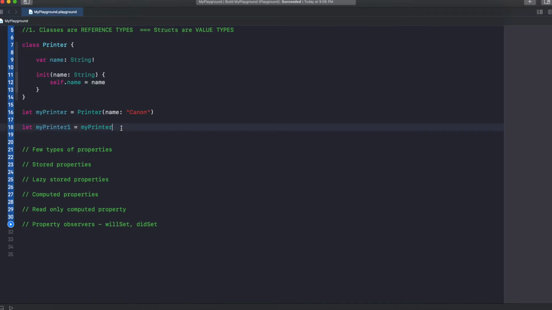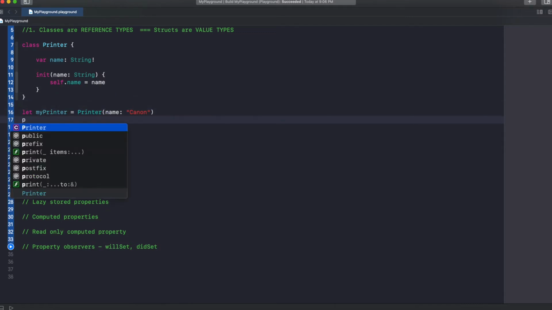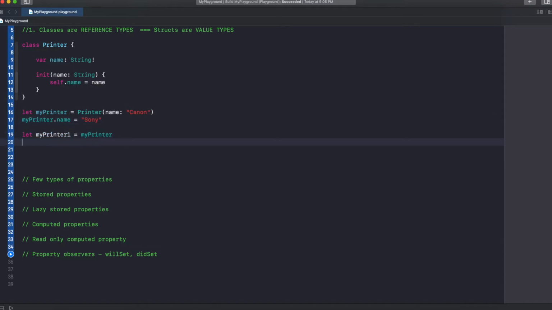So let me go and change the name of this printer. myPrinter.name equal to Sony, and then here I'm going to set myPrinter1.name equal to